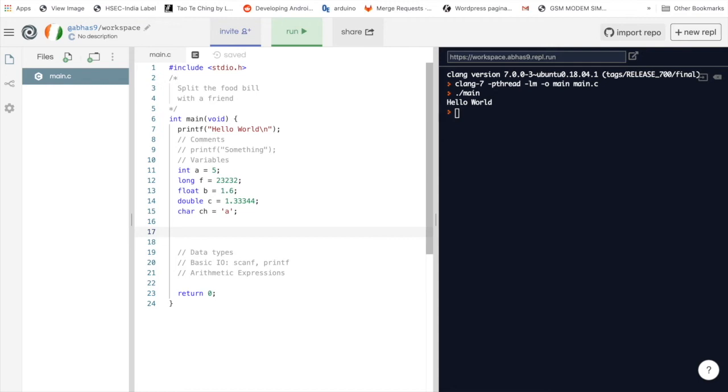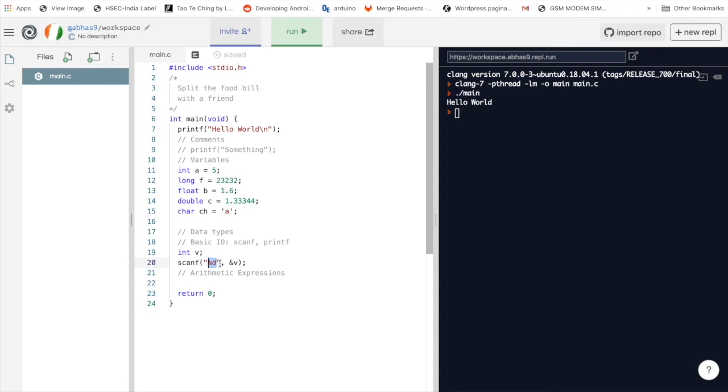What if you want to take some input from the user? For this, in the C programming language, we have a statement called scanf. First, just declare the variable in which you want to store your input. Let's say we want to take an integer as input. We'll declare the variable as int v. Now, using scanf, this line of code will prompt the user to enter a value as input, which will be stored in v. After the scanf statement, you will notice that we are passing a format specifier called %d.